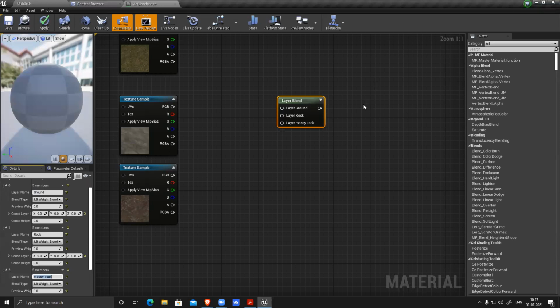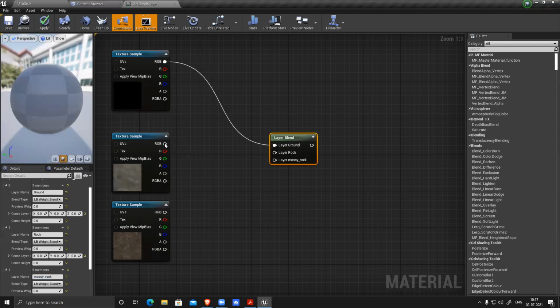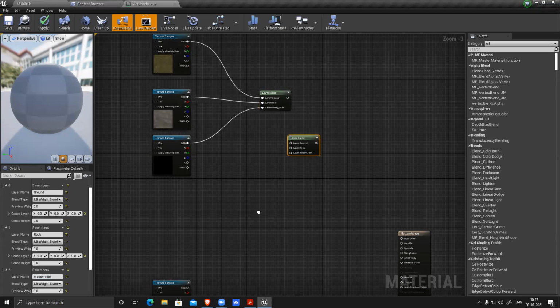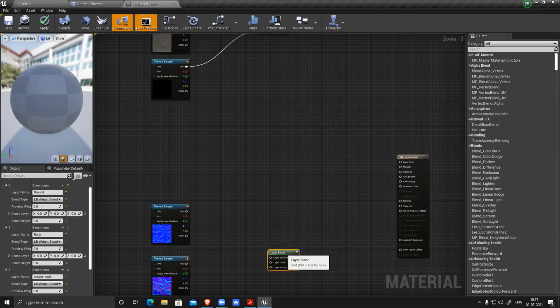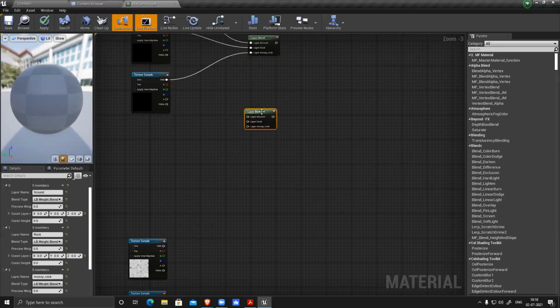Make sure whatever naming you use, you should be able to identify the thing. So create this. So RGB, ground to ground, rock to rock, and mossy ground to mossy rock, like this. Connect it. Then select this function, Control W, means duplicate. Same, remember the sequence, do not mix it. Control W again, bring it here.